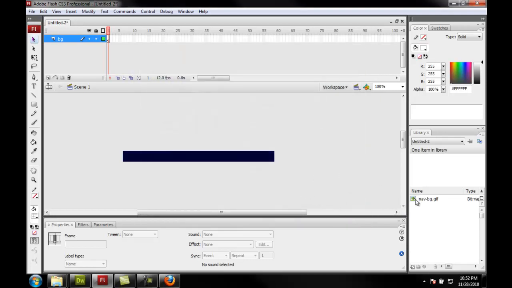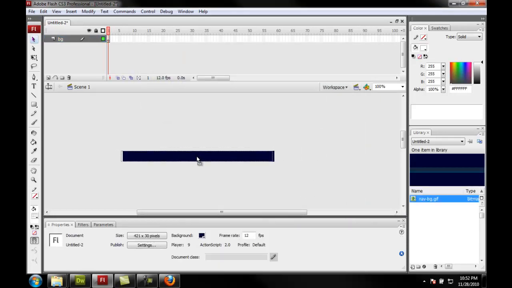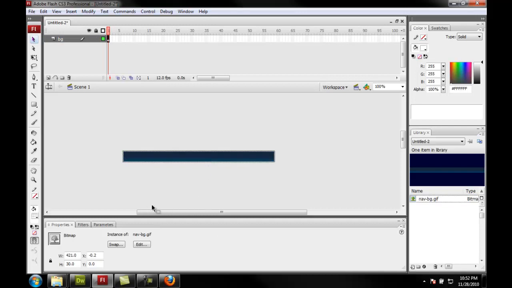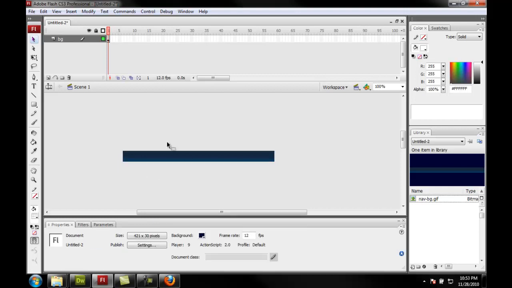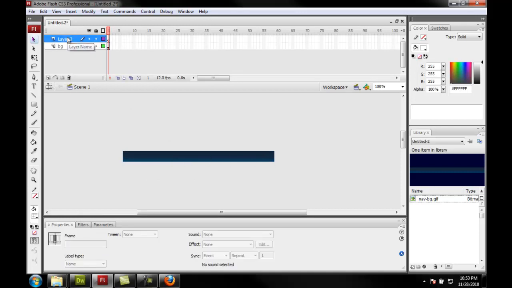So we have that. What we're going to do is drag that onto our stage over here, and we're going to set the X at 0 and the Y at 0, so it's centered on our stage. Now we need to go up here and create a new layer,